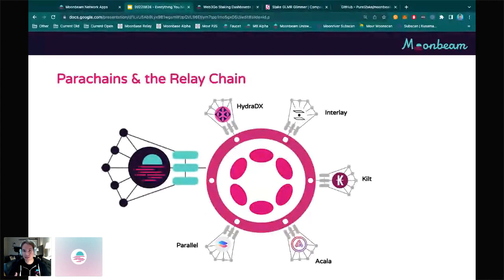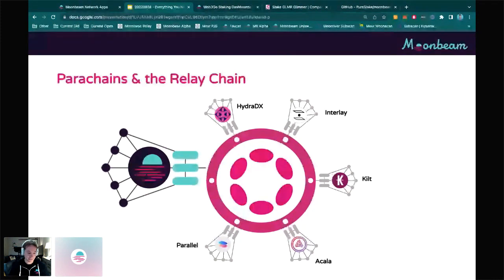Polkadot's relay chain has a series of node operators called validators. We never use the term validator when we refer to Moonbeam, because we're referring to validators on the Polkadot relay chain. These relay chain validators will verify that the blocks presented to them from the collators on Moonbeam are valid, and they will package that into a block. Some information, such as a hash, gets included. And they do this for all the other parachains as well. So it's not just Moonbeam's blocks that are finalized, but the blocks of every other parachain that's on the relay